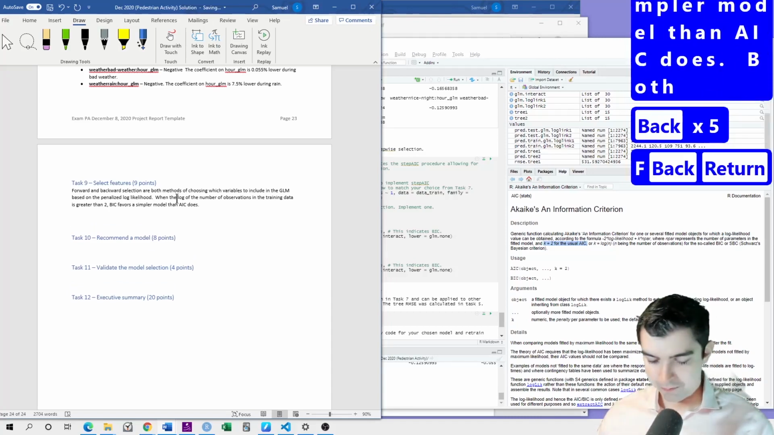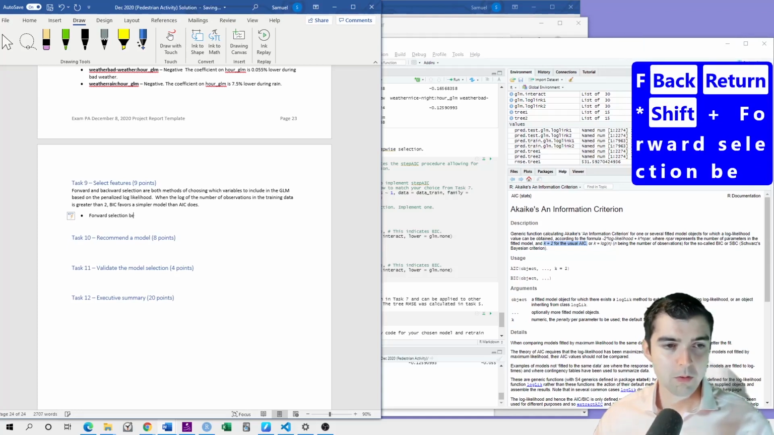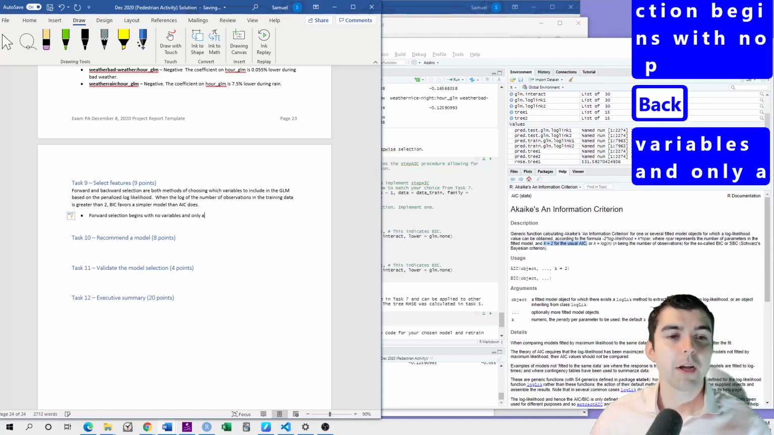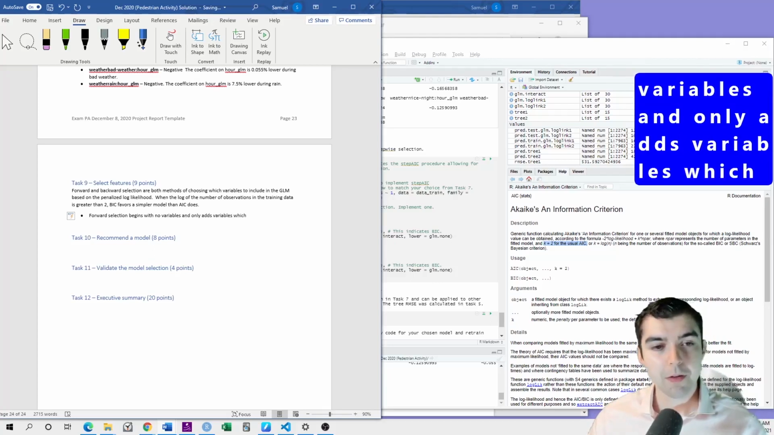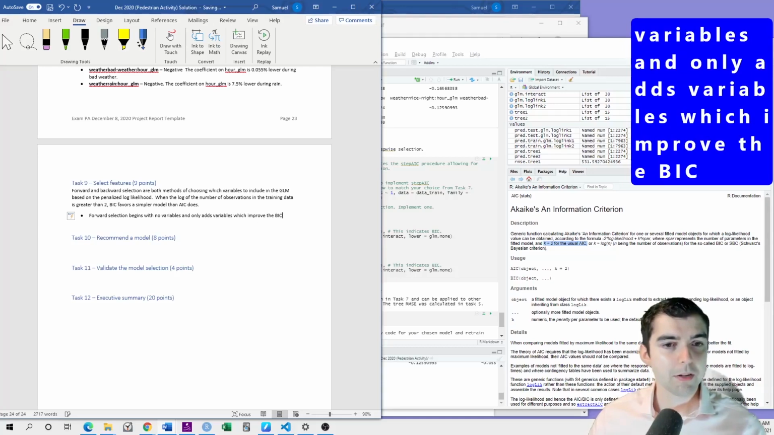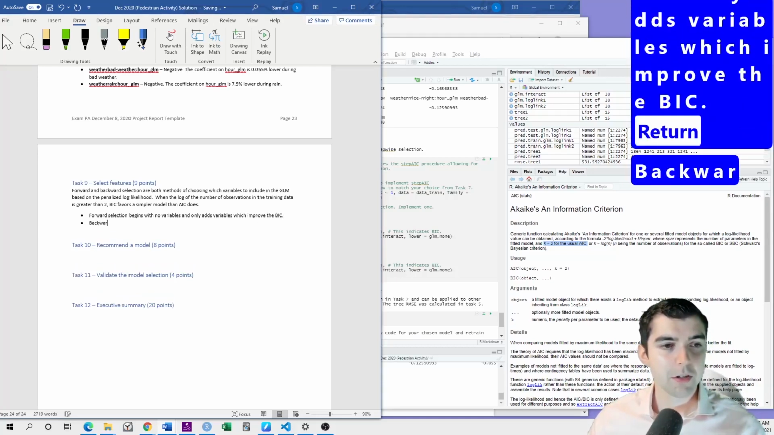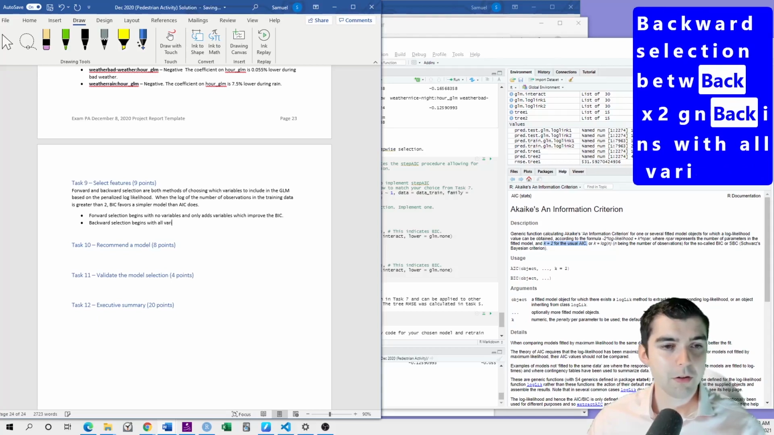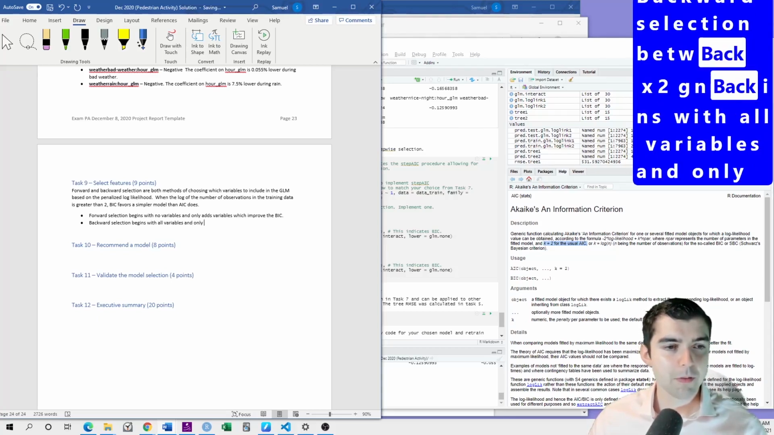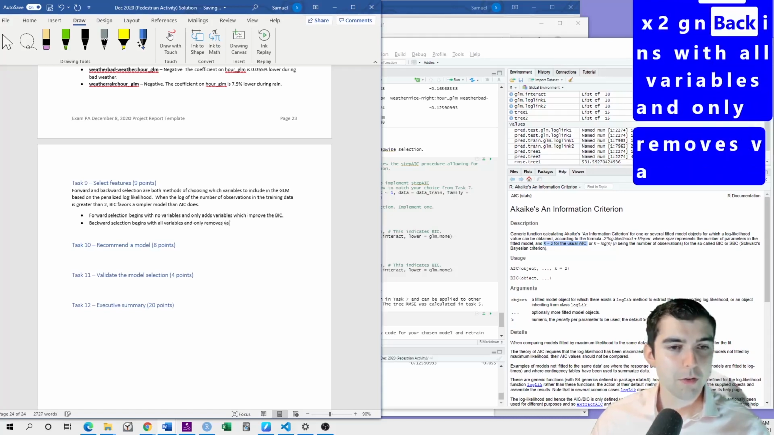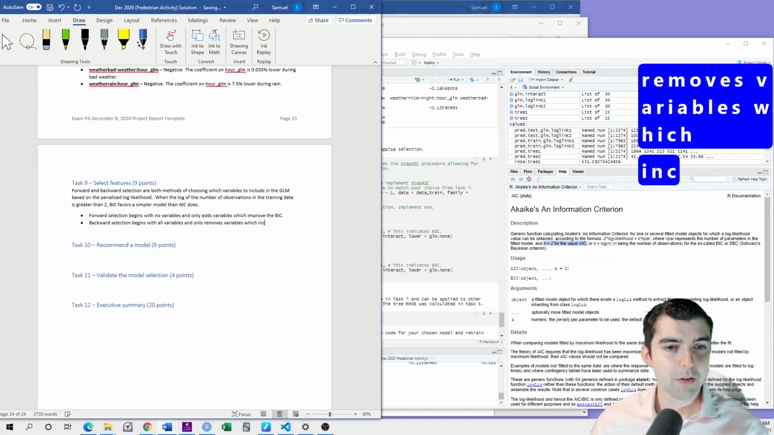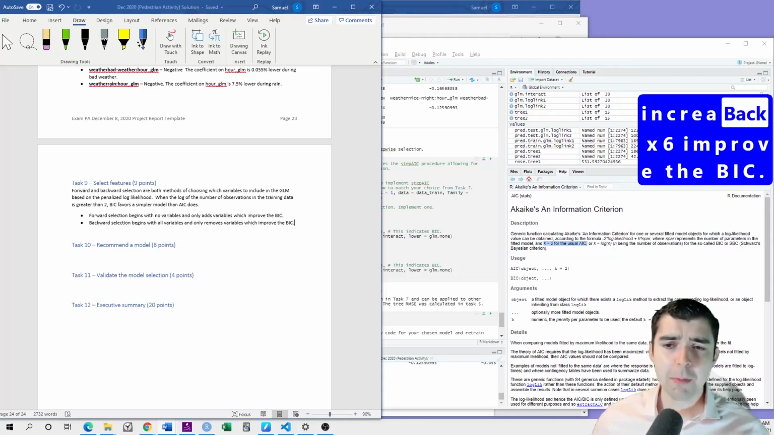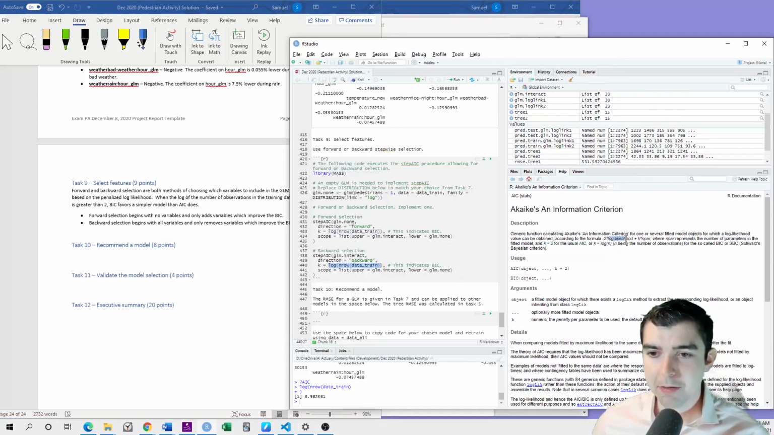So forward selection begins with no variables, and only adds variables which improve the BIC. Backward selection begins with all variables and only removes variables which improve the BIC. And when it comes to remembering whether higher is lower, just remember that you maximize likelihood and